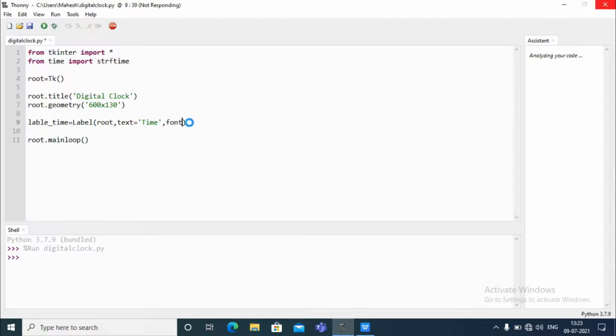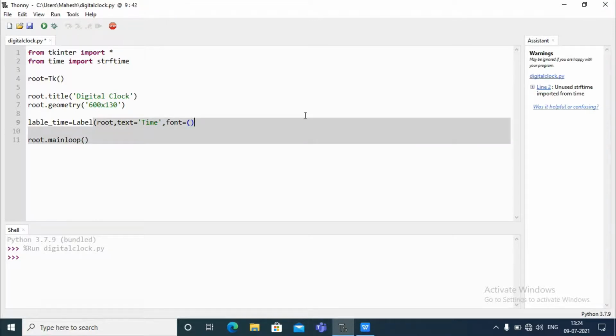Simply Arial, and the size take 60, and the background color will be maybe white, and the foreground color, that is the text color, will be maybe blue for now.